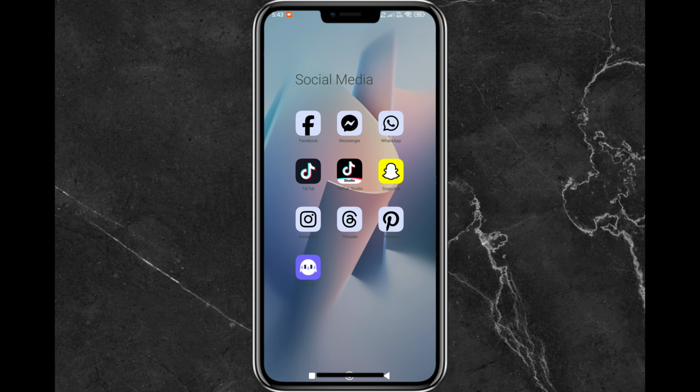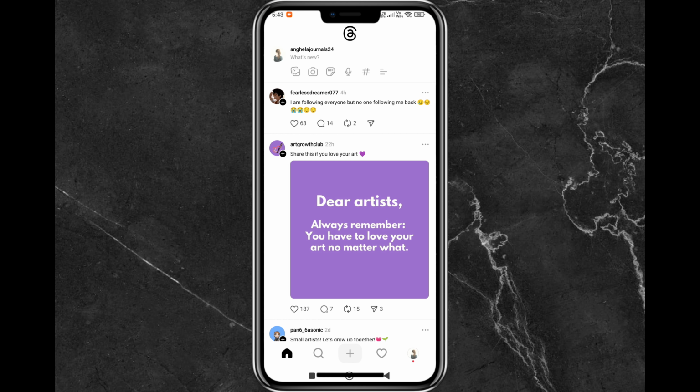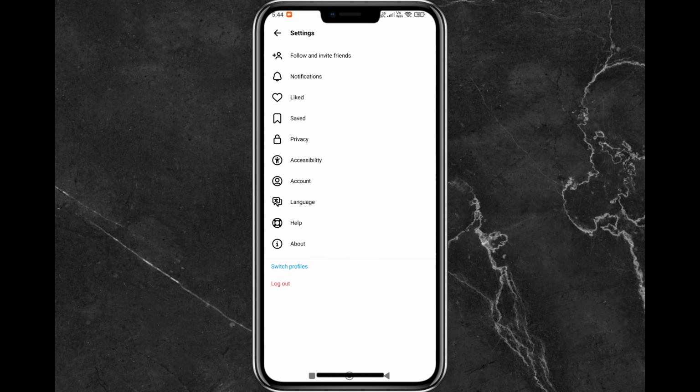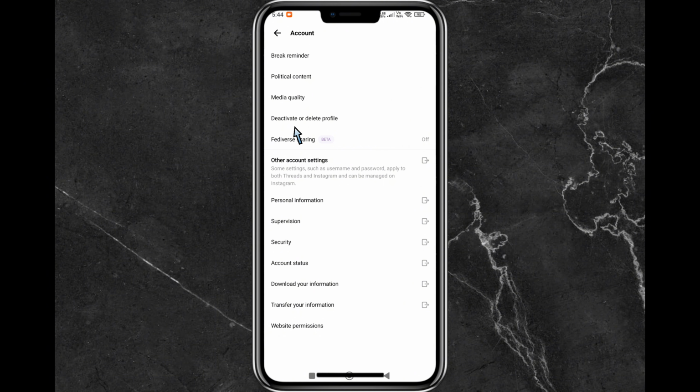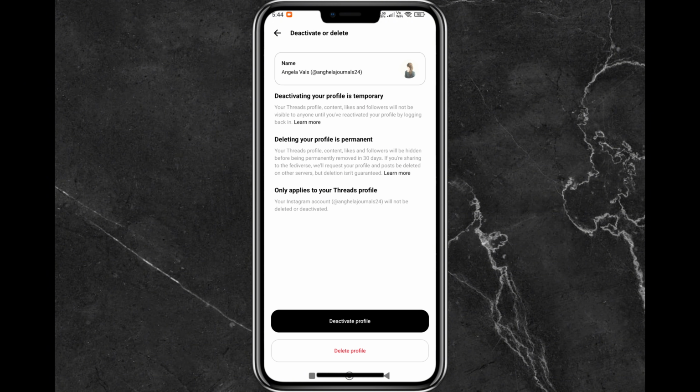So to start, we'll just have to open the app, and then in here we'll have to go to our profile. To do that, tap on the profile icon at the bottom. So once we're here on our profile, we'll have to go to these two lines, and then under settings, tap on the account option. After that, you will now see this option, deactivate or delete profile. Simply tap on this one, and then after that, you will be given instructions regarding deactivating and deleting your